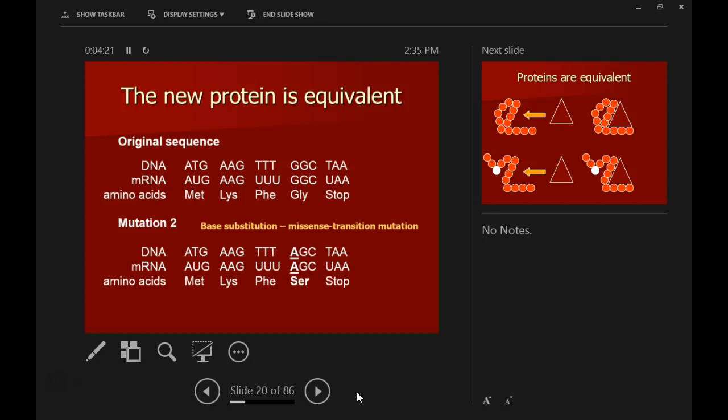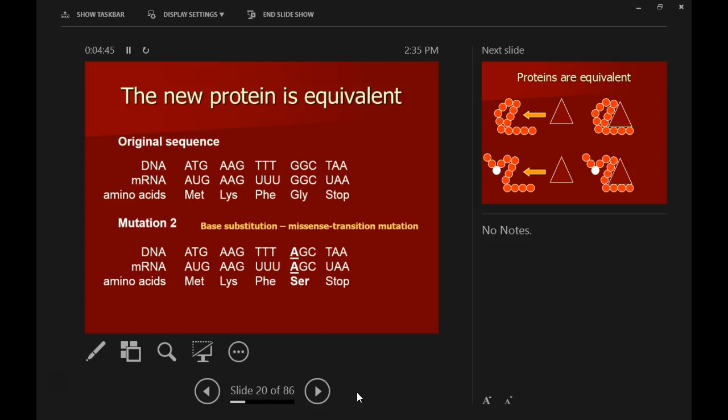Right? So we have substituted an incorrect base for a correct base. Now, the cool thing about this is look what it did to the amino acid. That codes for glycine. That one codes for serine. Right? So, we call this a base